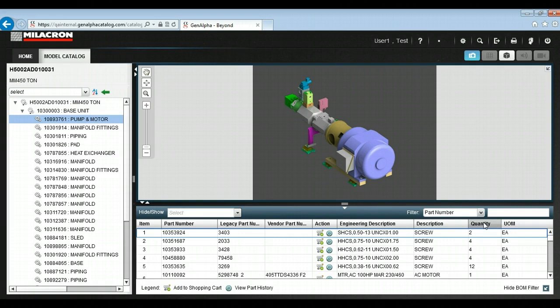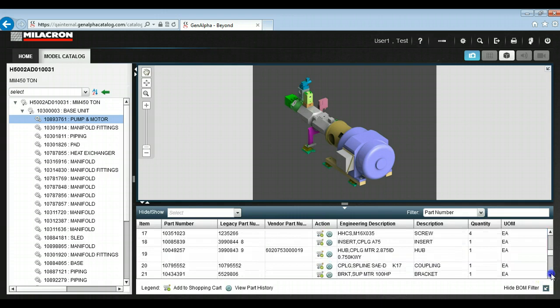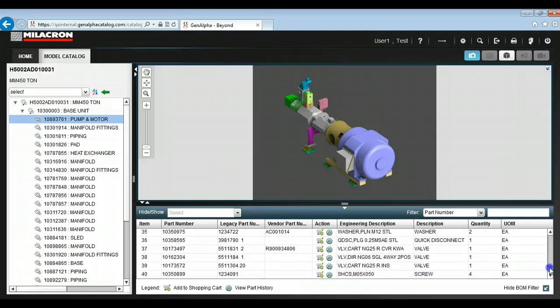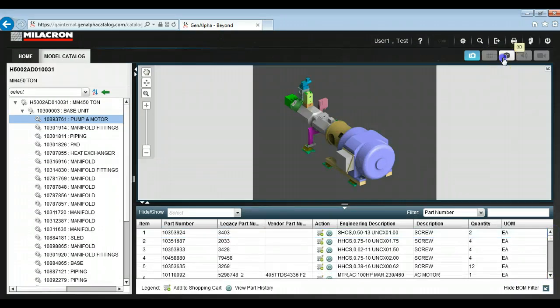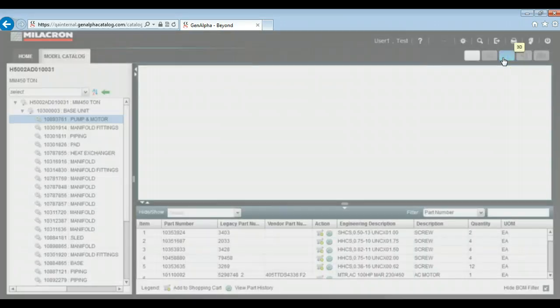So as I move through this, I have a complete engineering layout and bill of material just in 2 clicks into the machine. So as I go into 3D mode, I have the ability to view in 3D the layout that we just viewed in the picture form. And as this item loads,